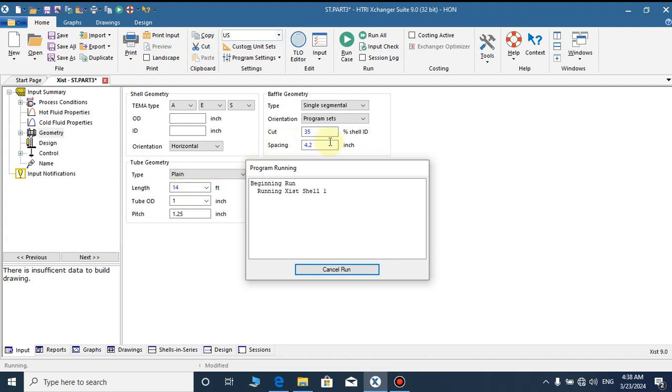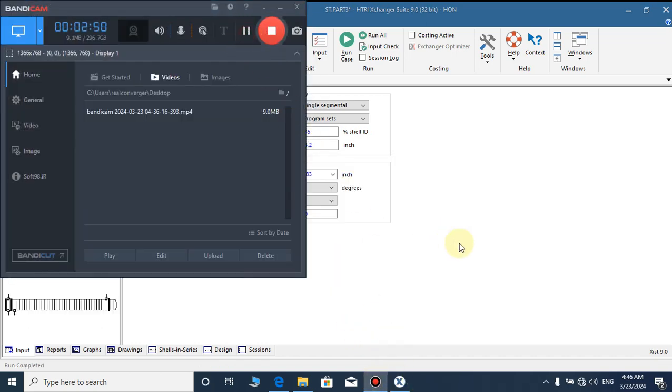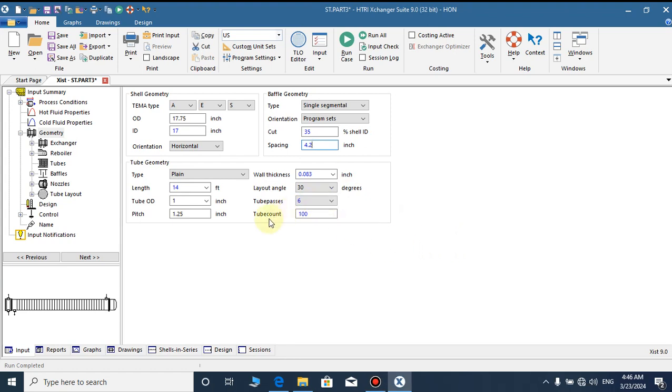You can also change the baffle spacing. For example, if we increase this spacing, our over design is going to decrease. You can change it by yourself and watch the result. So waiting for this simulation to run. After changing all these numbers, the tube passes, so 6 tube passes, the tube count, and the length of the tube,